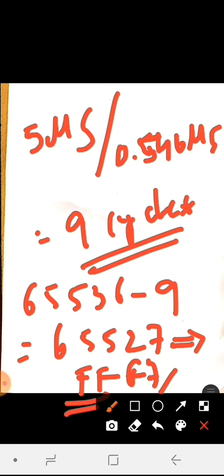So with the given 22 megahertz, first we found the frequency, then we found the period, then we took the square wave frequency and found the desired delay we want. We divided the desired delay by the period and found the value in decimal, then subtracted it from the maximum value. The answer we got, we converted into hexa, and that is the initial value which is supposed to be loaded into TH and TL.